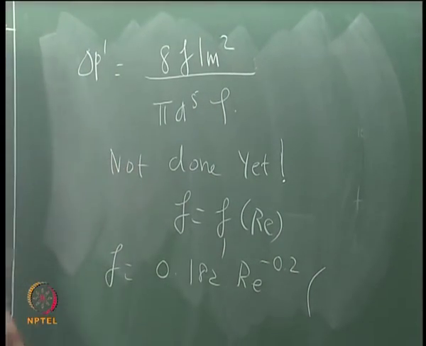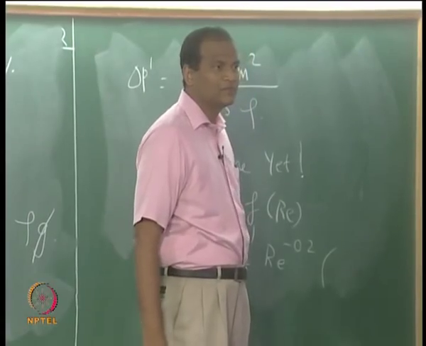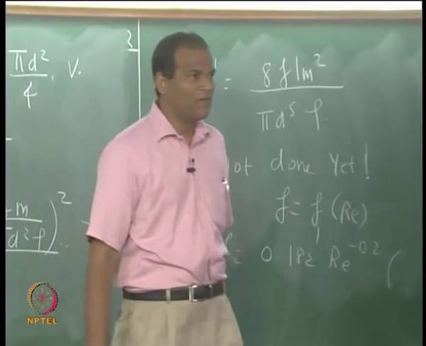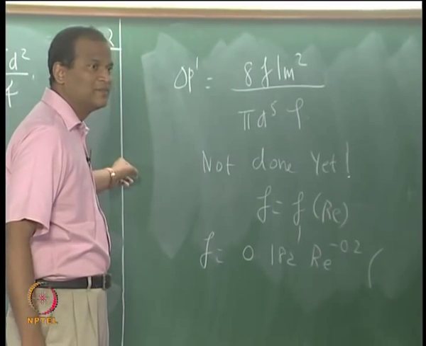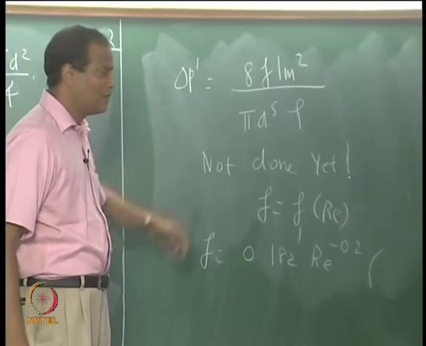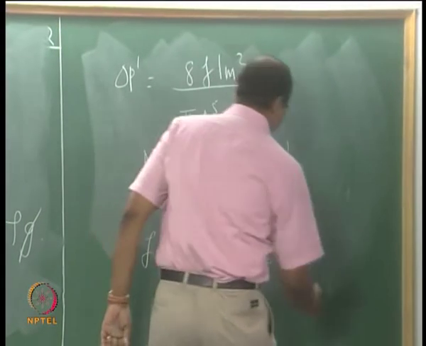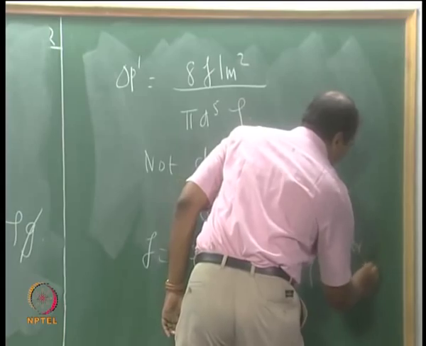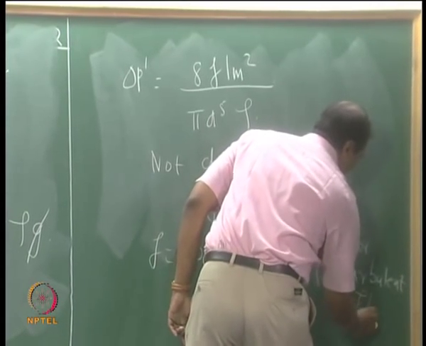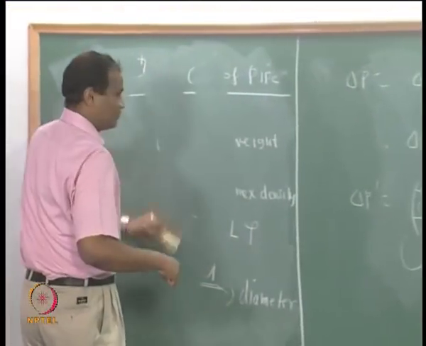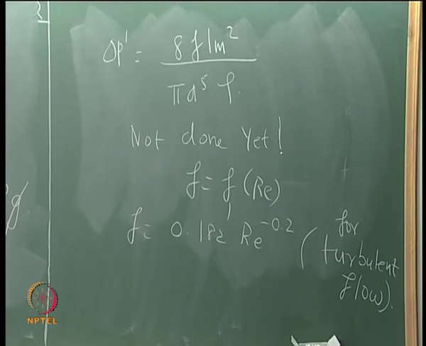Assuming that the flow is turbulent, you guys are able to see this? So that is a problem, huh? You are able to see up to this? Okay, so from next class onwards I will. Alright, so f is